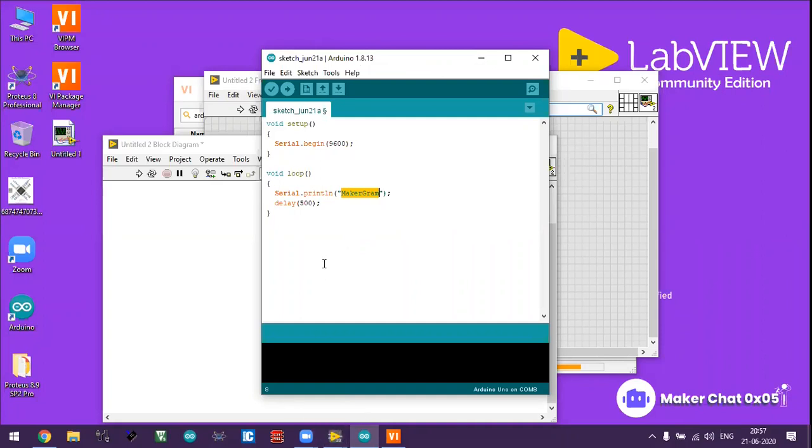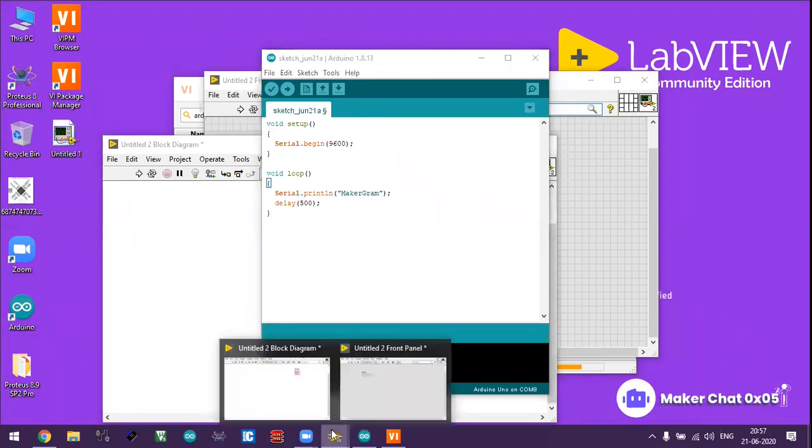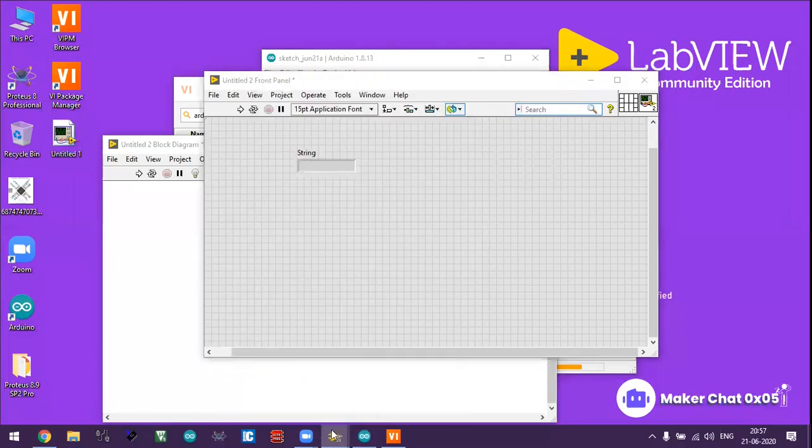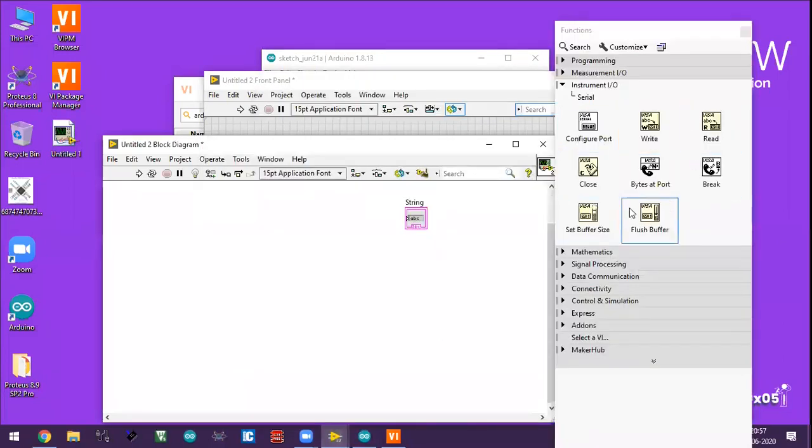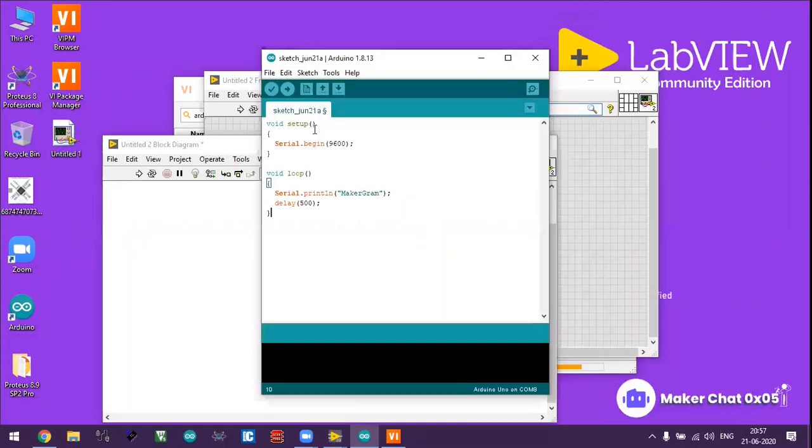Also you can see the Serial.flush function is there, Serial.write, Serial.read, all are available in the Arduino IDE software for programming. The same thing is over here, all are available. See, this is the basic parameter I have written over here.